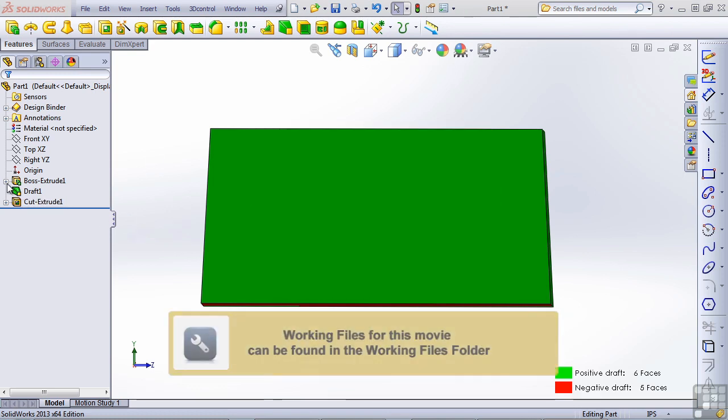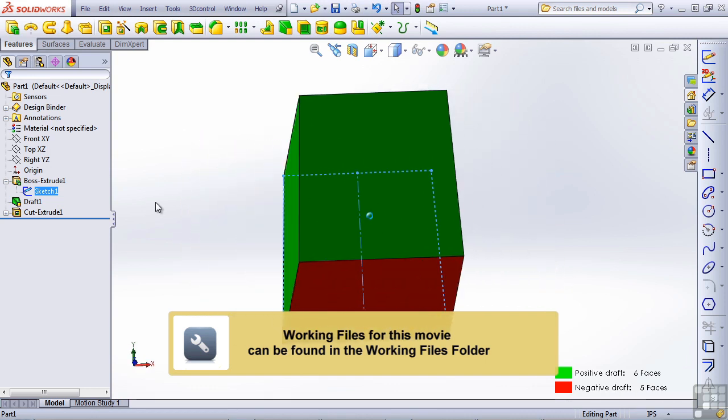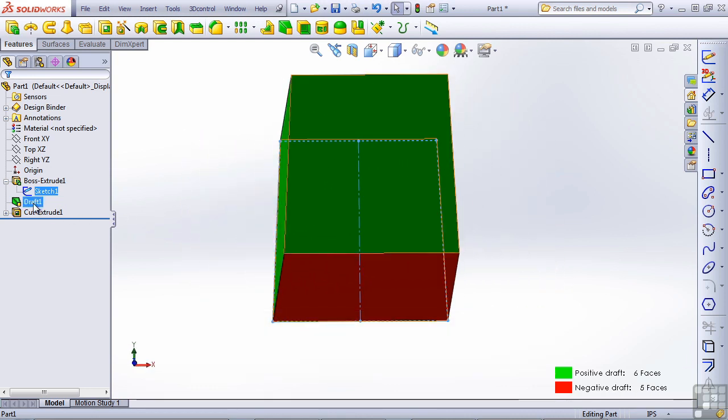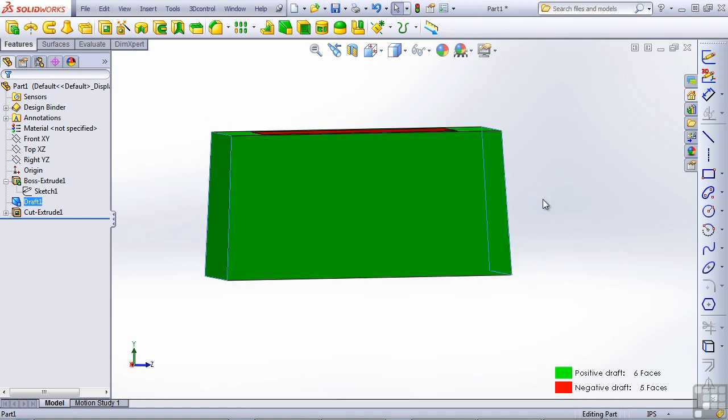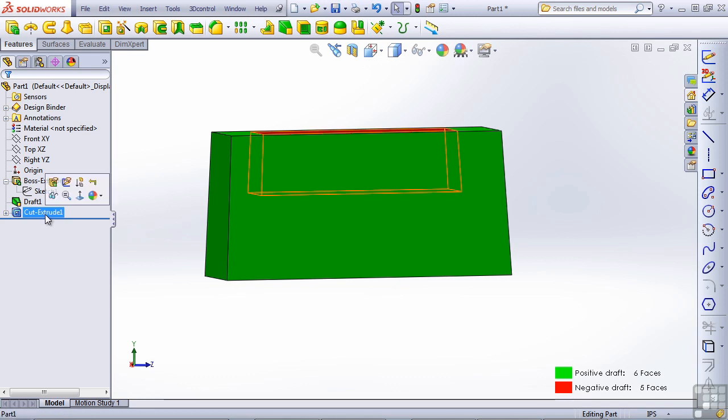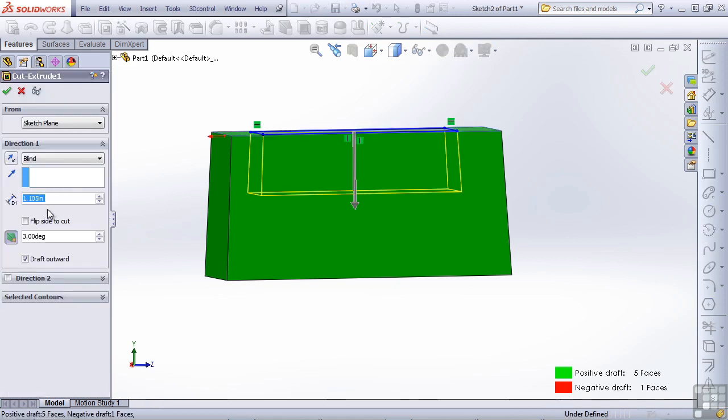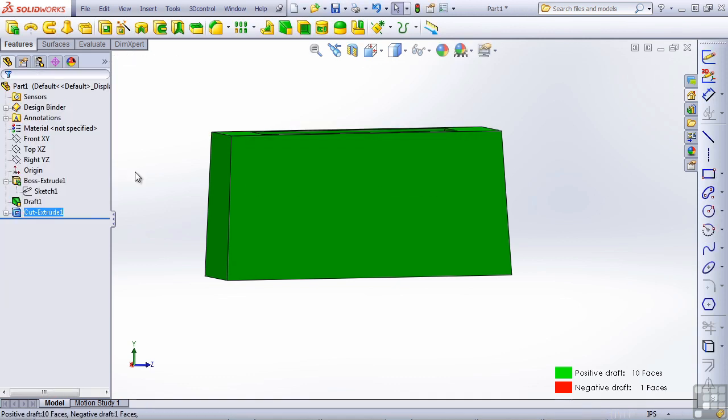So to review, we've talked already about draft as part of a sketch. We've talked about draft as a separate feature, where we did these end faces. And we've talked briefly about using draft as a part of the feature. Of these three methods, draft as a separate feature is the one that's generally preferred, because if the draft is